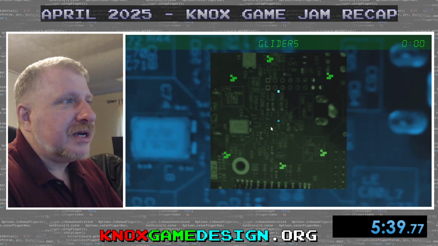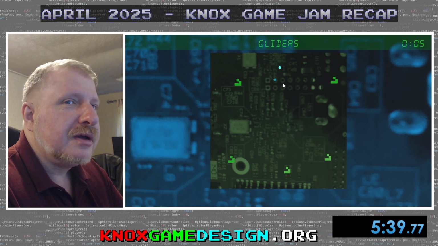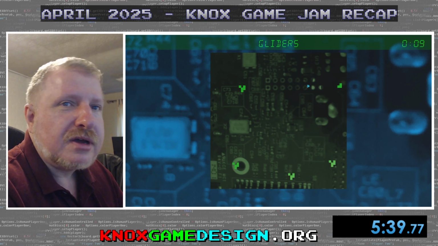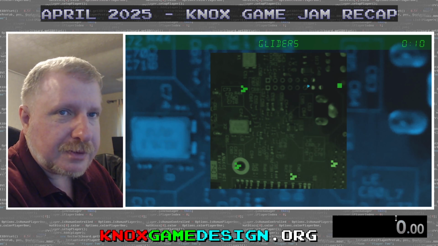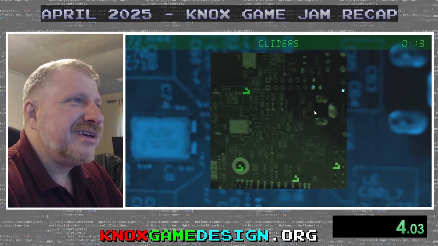Basically it's an implementation of Conway's Game of Life, but it's a shooter. It's kind of like a cross between the two. I was interested in it because I was talking about it in the simulations talk that I did. Oh, I didn't start my timer. I get 5 minutes too, just like everybody else.